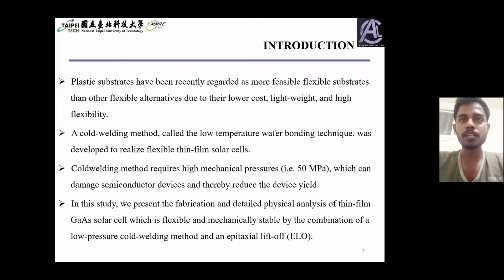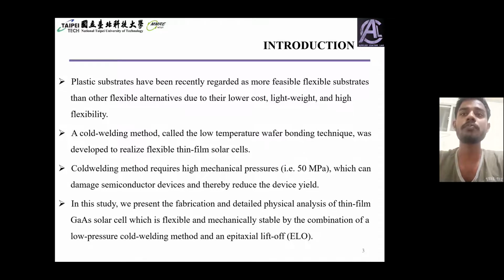Introduction. Plastic substrates have recently been regarded as more feasible flexible substrates than other flexible alternatives due to their low cost, light weight, as well as high flexibility. There are a lot of methods, and especially in this paper they used a cold welding method, also called a low temperature wafer bonding technique, that was developed to realize flexible thin film solar cells. And the cold welding method